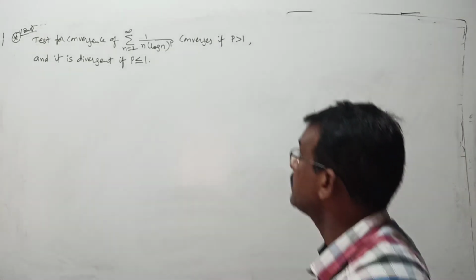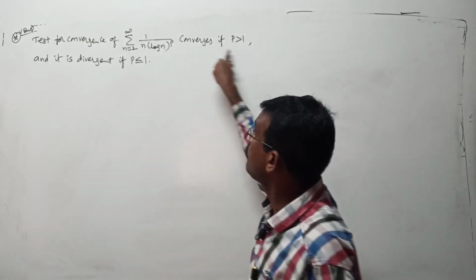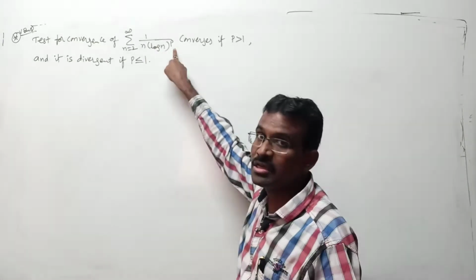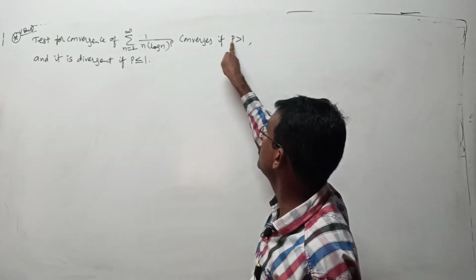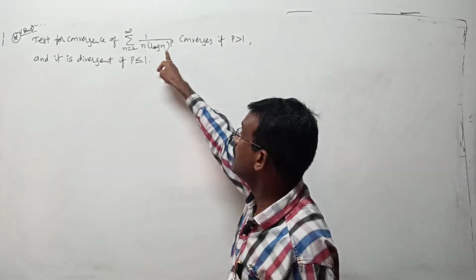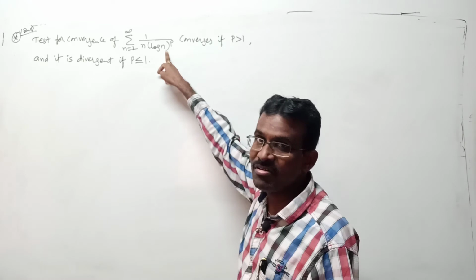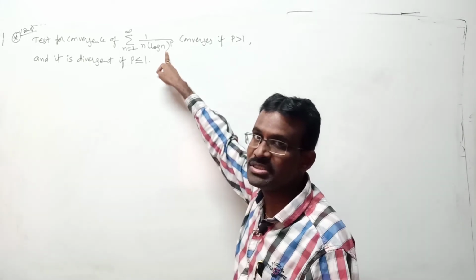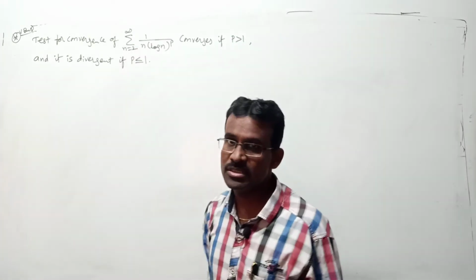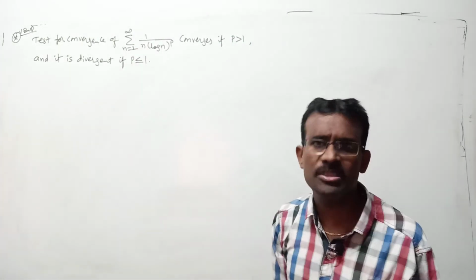Actually, from the entrance exam point of view, this is one formula, ma. They will give 1 by (n log n) whole to the power of 2, convergent or not. Here p equal to 2, greater than 1. According to this condition, it is convergent. Or they will ask whether sigma 1 by n log n is convergent or divergent. Here the p value is 1, and whenever it is 1 it is divergent. This is like one formula from the entrance point of view, ma.